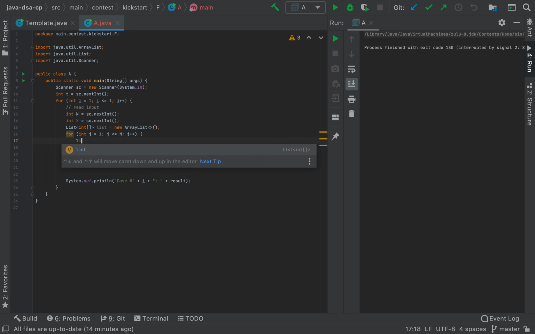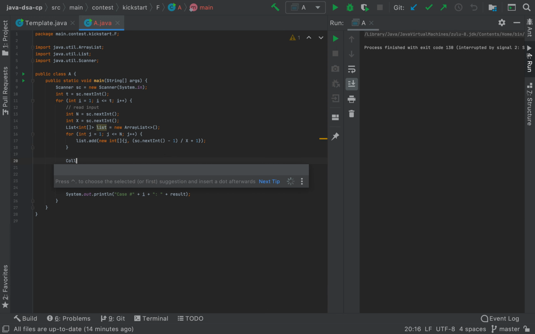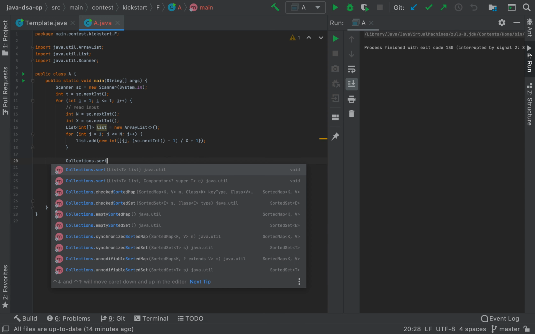So now for the list, we will add a new int array: the index of the person j, and the number of rounds needed, which is a of i minus 1 divided by x, plus 1. So this many rounds this person needs, then we add it into the list, and after that we sort our list using Collections.sort.